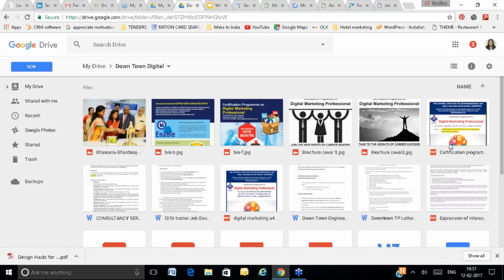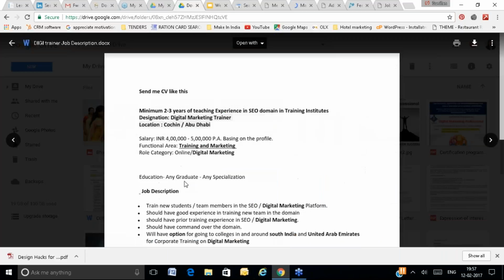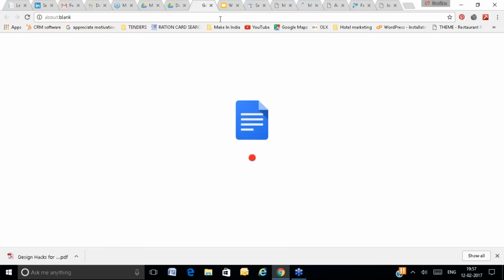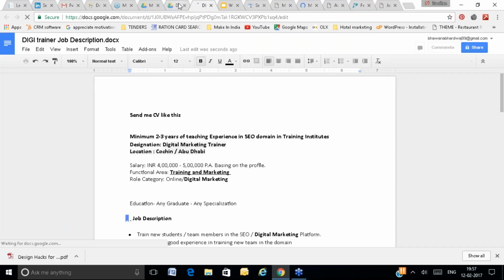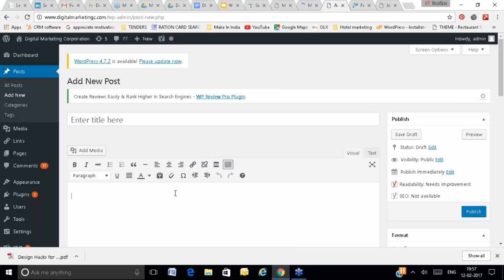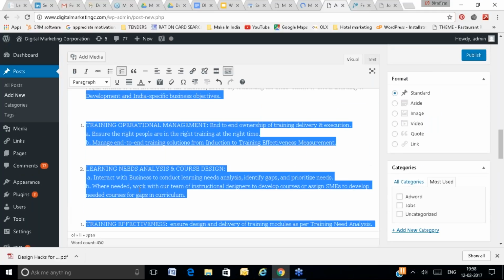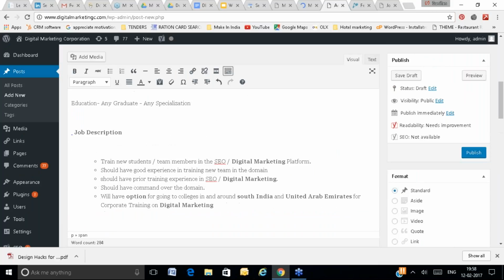So I'm just copying the content from somewhere else and creating this post. Let me copy the content, and let's create one post.